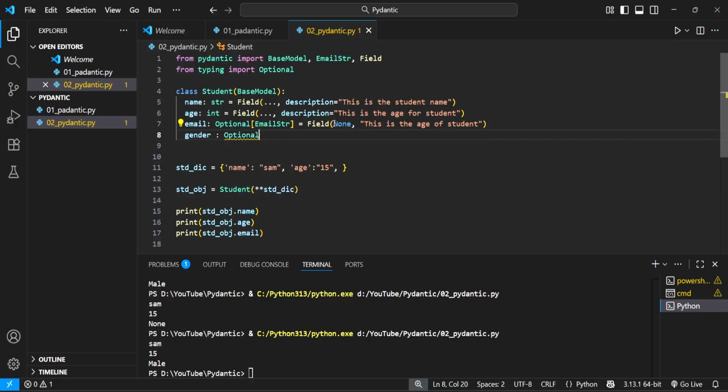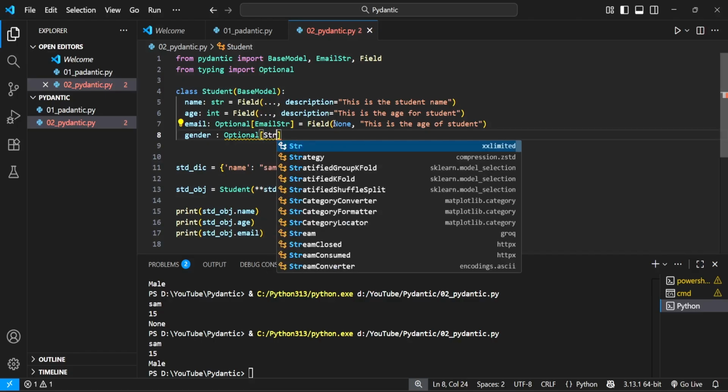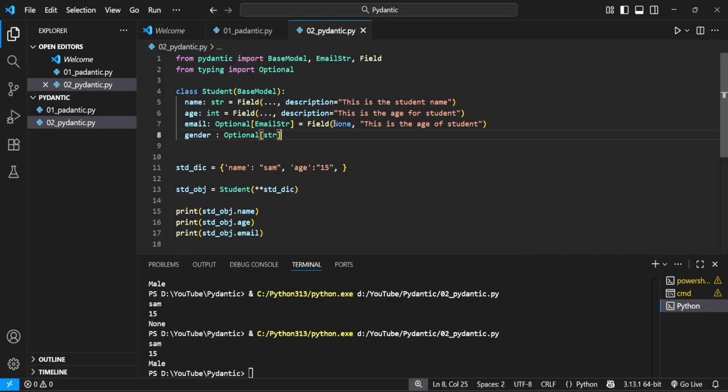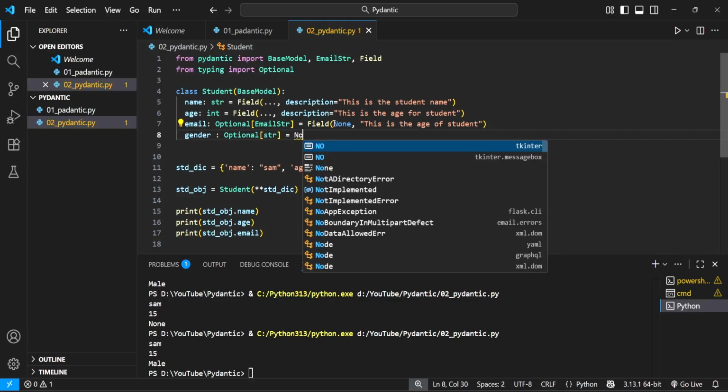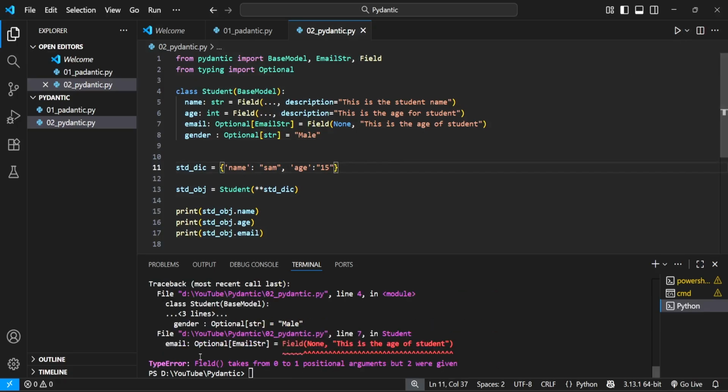Okay, this string. Now suppose as default value, we don't want to make it none. Okay, we want to make the default value as male. Okay, so now if we don't pass any value for email and gender, then